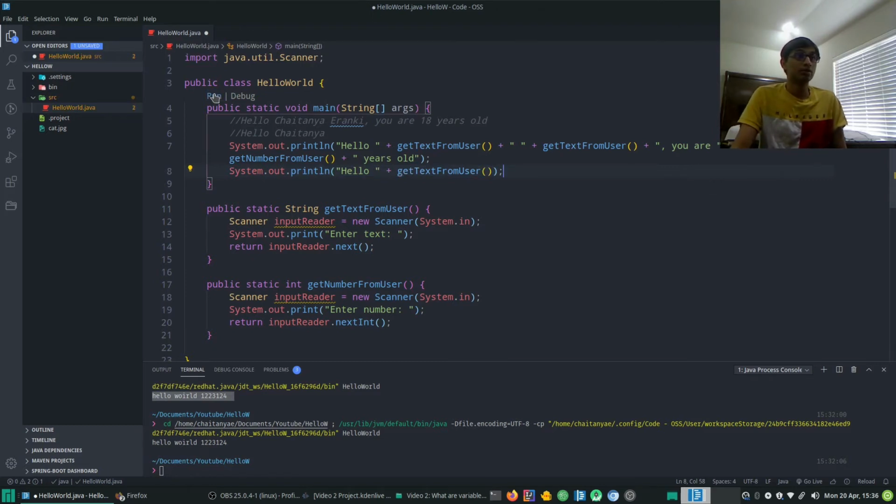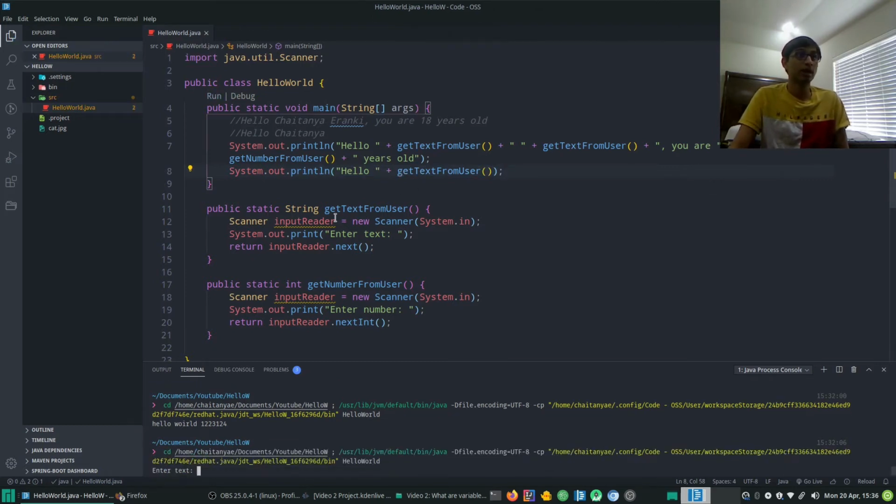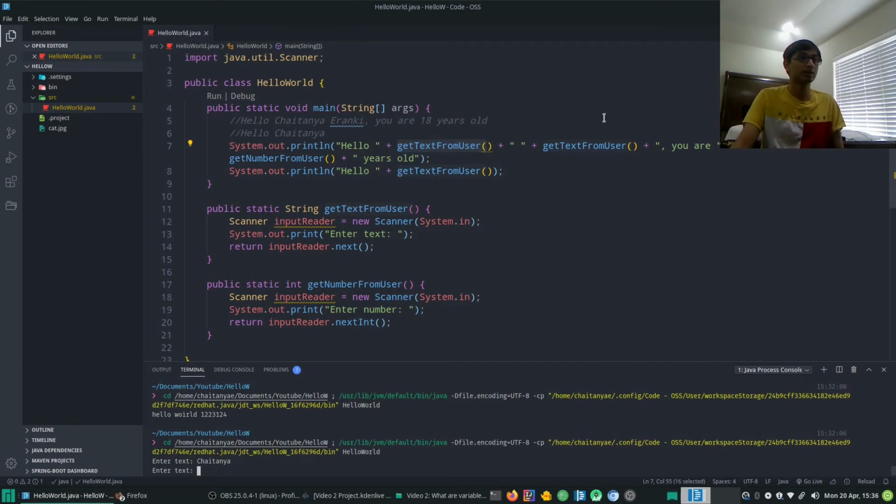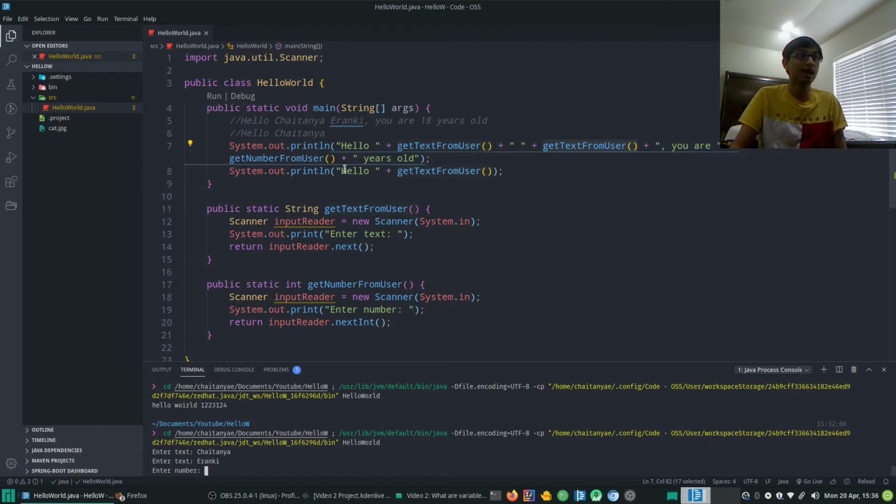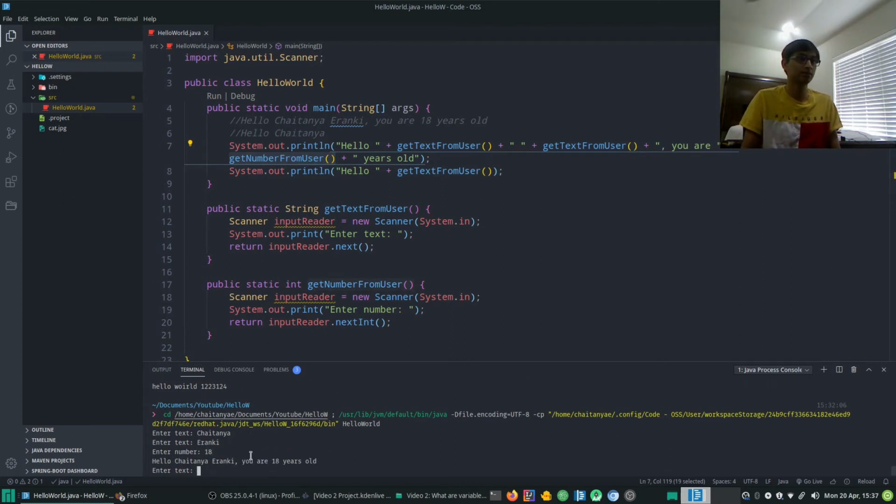So now when I run this, what happens is that it asks me for this text first. So I'm going to say my first name. Then it'll run this line, the second. So I'll say Aranki again. Then it'll ask me for this, which says get number from user. Then I write 18. Then it says okay, that it prints this out, but then now it asks me for